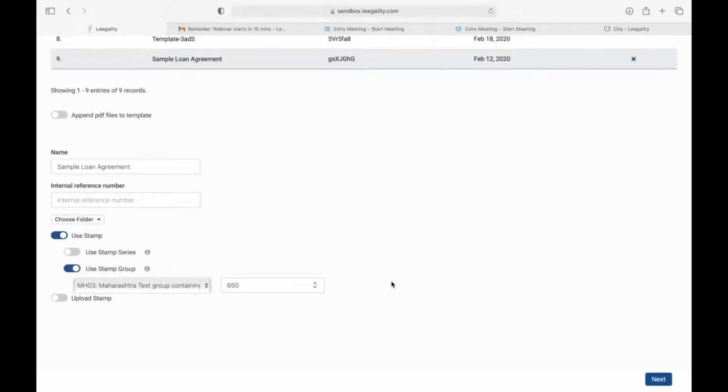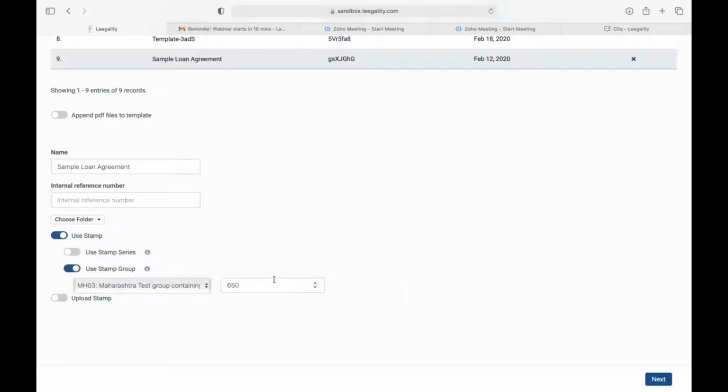So if you anticipate that your usage would actually be in tens as well, right? So it could be 630, 670, 680. Then you could even have a stamp series of rupees 10, which is a part of this group, in which case you'll be able to come up to that number, right? So depending on the granularity of your use case, you can have appropriate stamp series created, and you can have them built in as a part of your inventory, and then you'll be able to go that granular depending on your requirement, right? So those flexibilities are inbuilt into the product.